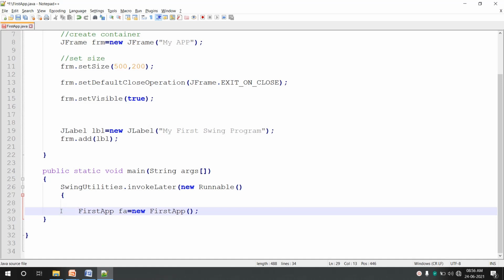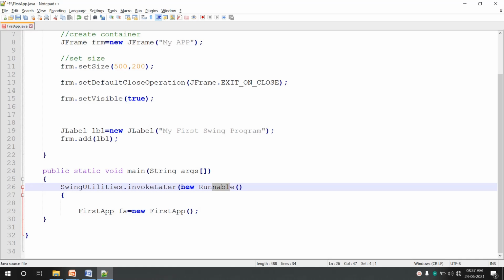What exactly we have done is, we have created an anonymous inner class here, and this anonymous inner class is inheriting runnable interface. As we know about threads, to create a thread we have two ways. One by extending a thread class, another way is by implementing runnable interface.